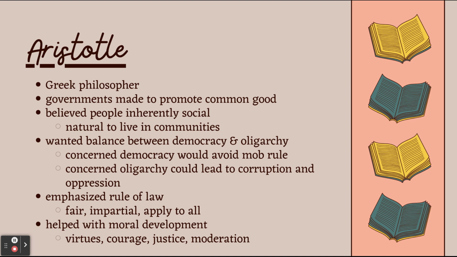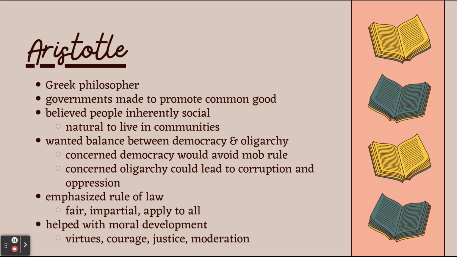He also advocated for a balance between 2 different types of government, which we'll learn more about in the next mini lesson. He believed that the best type of government would be a balance between a democracy, which would be a government led by the people, and an oligarchy, which by definition is a government led by a few powerful people. He had his concerns with both of these types of government, however, advocated that a combination of the two could be very helpful to society.